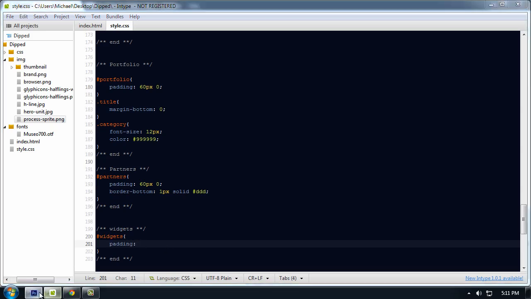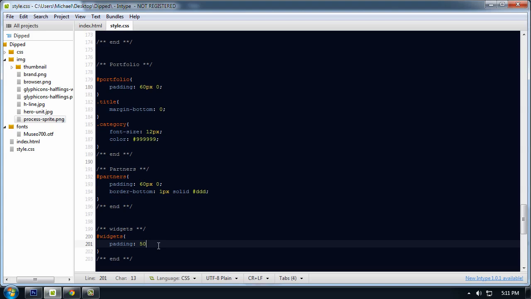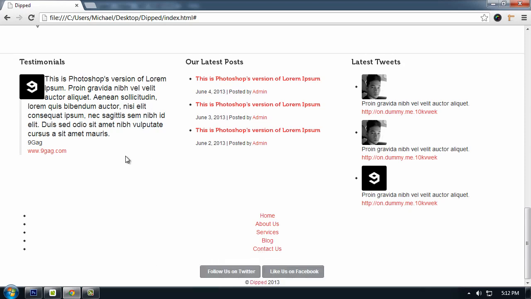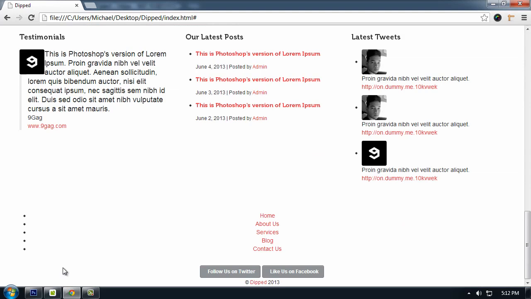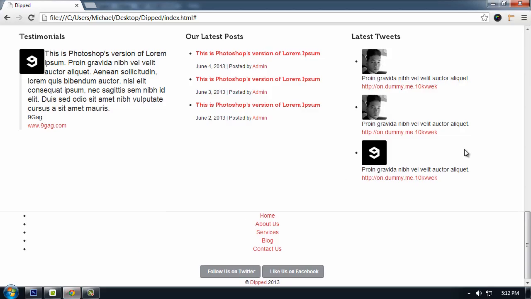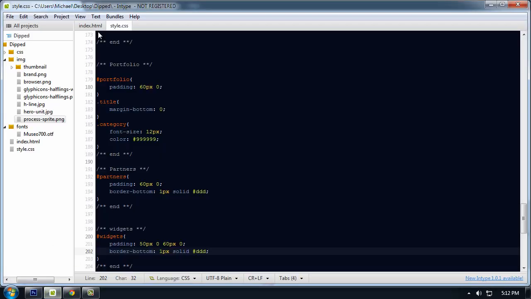Padding will be, so for now let's decrease it to 50 pixels because it has this space there. So 50 pixels 0, 60 pixels 0. So top 50 pixels, 60 pixels on the bottom. Let's see, and let's add this border bottom again. It's looking great. And for the testimonials part,